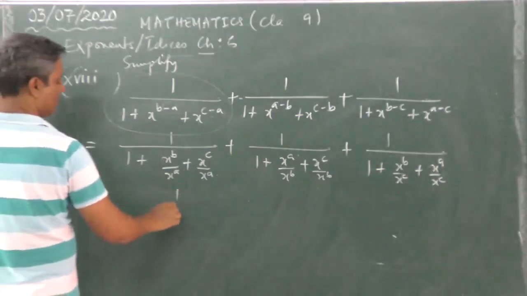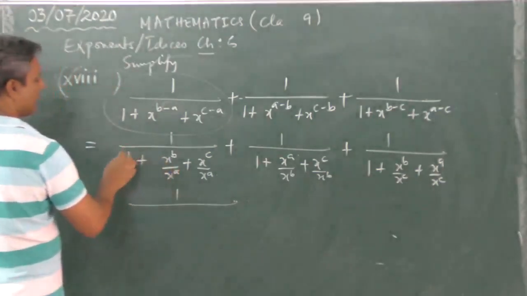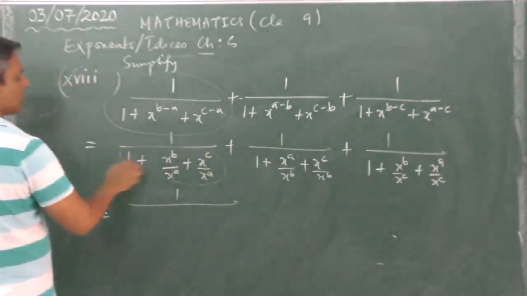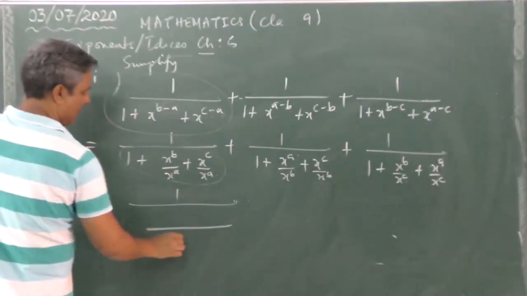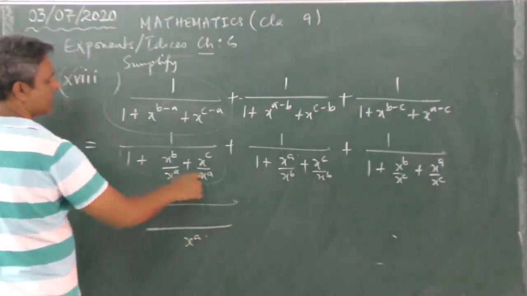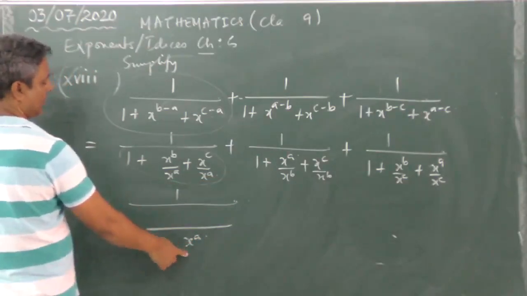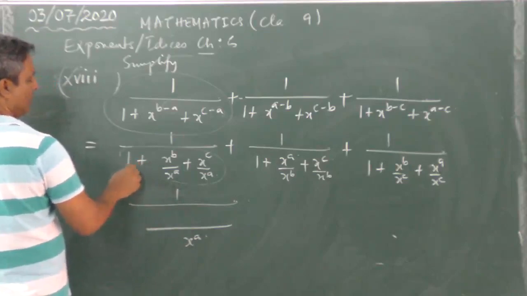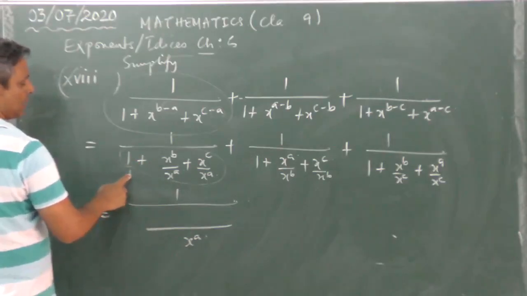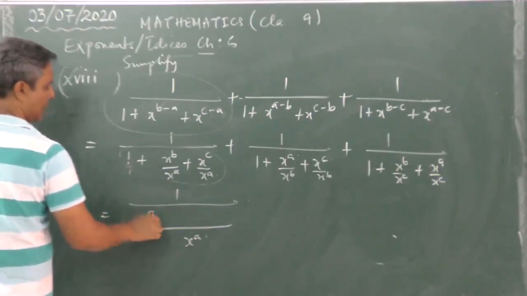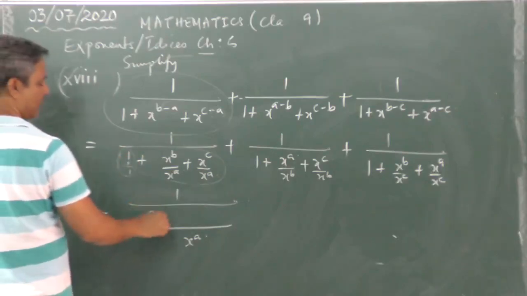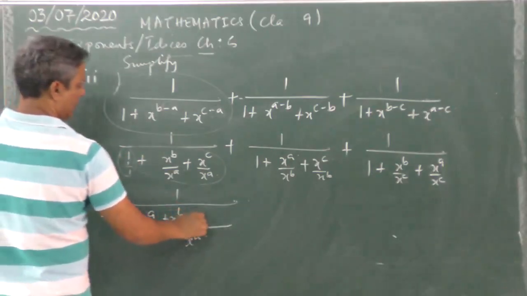Next step, I'm going to take a common denominator for this part. So I can see x to the power of a is in this and this. So I'm taking x to the power of a as the common denominator. Then this one is 1 by 1. I want to write x to the power of a here. This whole thing becomes x to the power of a, x to the power of b, x to the power